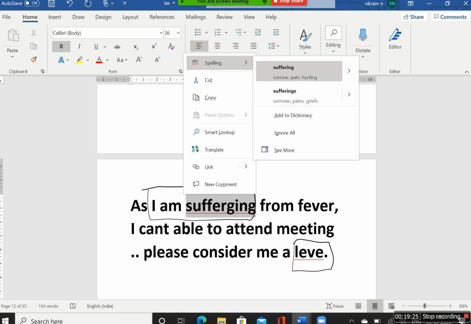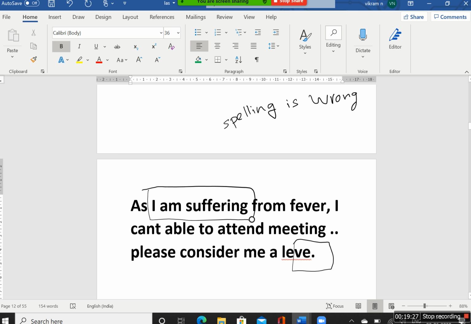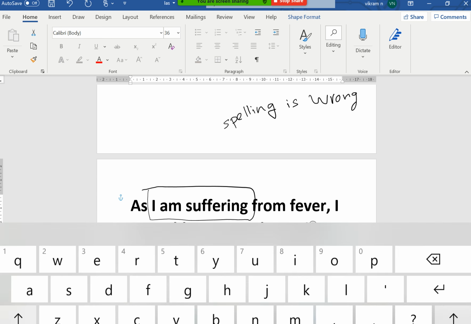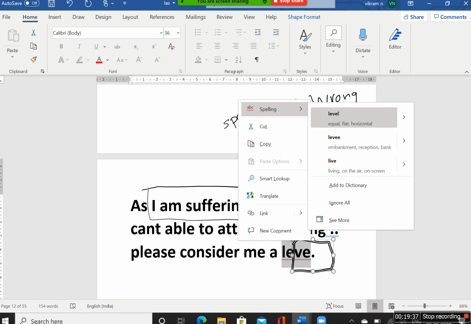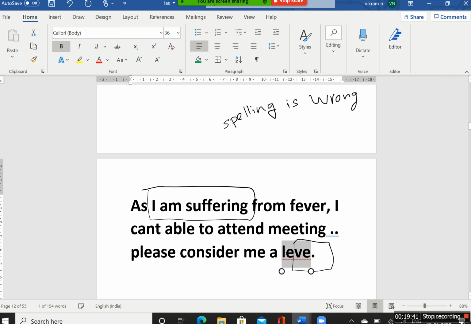So you can choose suffering here. Done. Here leave. Again, I right click on that. I will try to check leave. This is not this leave, right? So you can't use it that way. So check it manually.